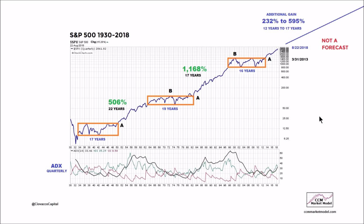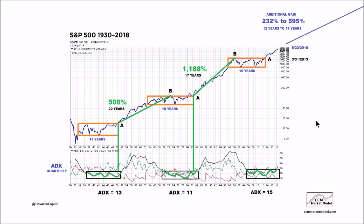And as always, it's extremely important to note we are not forecasting here in any shape, form, or fashion. We're simply making probabilistic statements based on the facts that we have in front of us today. If the facts change, A, we have to acknowledge that, and B, we have to reassess the probabilities. The key here is we don't anticipate that. We trade the chart that's in front of us. This is the chart that's in front of us as of